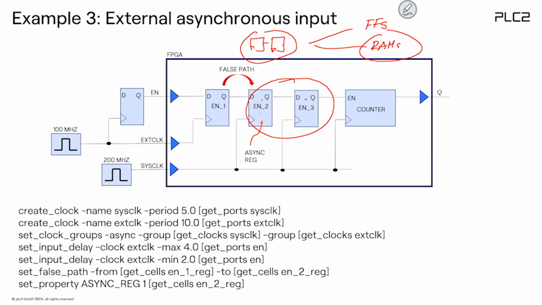Therefore, if you just describe a shift register, Vivado tells you, okay, it's a good idea, but make sure this shift register is not implemented with RAMs. It must be implemented with flip-flops. So in this case, you use an attribute, and point it to this flip-flop, saying, hey, this is an asynchronous register. This is a flip-flop, not a RAM. So in this case, it would be completely correct. And that's what you will see actually when